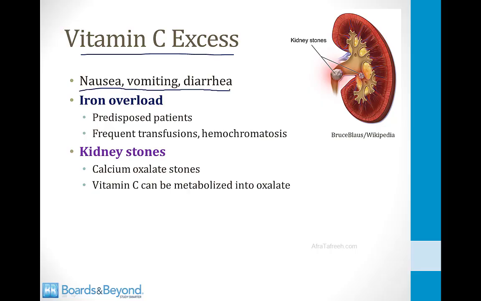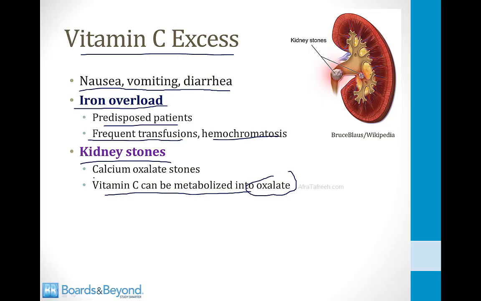The things they will want you to know about this for Step 1 include that it can cause iron overload. As we saw before, vitamin C leads to absorption of iron. And if you are predisposed to iron overload, for example, if you have hemochromatosis or frequent blood transfusions, then consuming too much vitamin C can worsen the iron overload syndrome. Another problem that occurs from vitamin C excess is kidney stones. Vitamin C can be metabolized into oxalate, and therefore